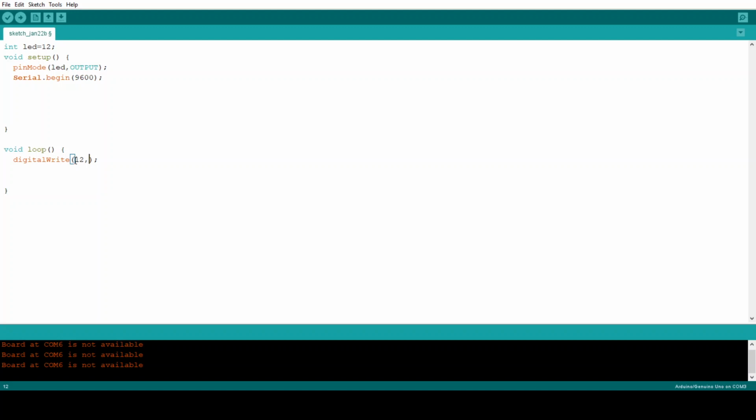Zero means LOW, and HIGH means 1. Here first we turn the LED on, so we have to write HIGH. It should be caps. The colors automatically change, right? So this is the LED blinking coding.